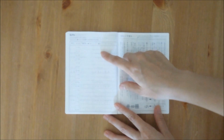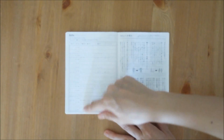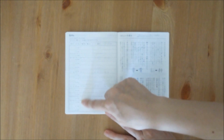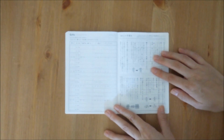This one is gifts. I think this is really good for tracking. You can write the day that you received your gift or the day that you sent out a gift. So it has a list of to and from you can choose and write down the gifts that you've received